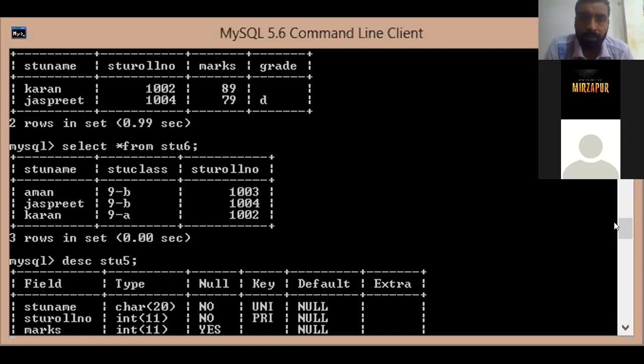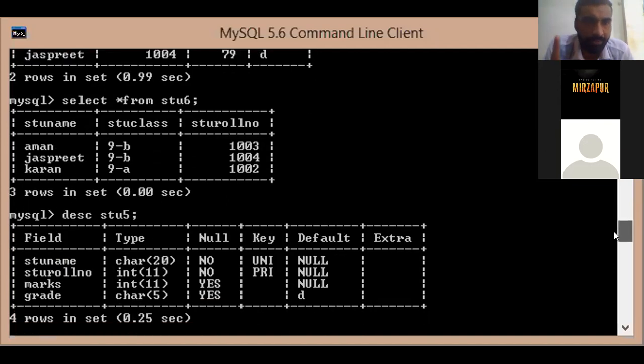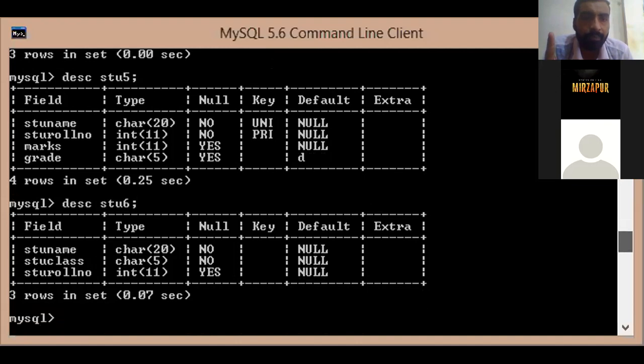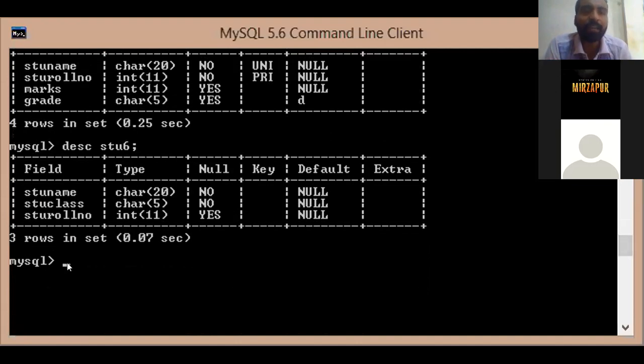Okay. Now what do we do? Let us try to insert this. Insert into STU5. Let us try what will happen, then afterwards we will rectify.